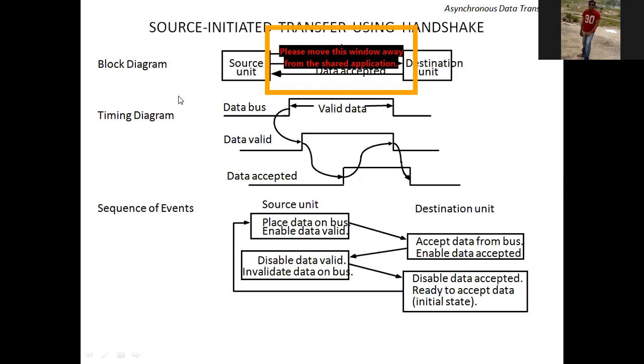So the data accepted signal will be coming back from the destination to the source, which is explained in the form of a sequence diagram. A sequence diagram is nothing but which action we are going to perform first. If you understand the diagram, then we can clearly understand the process. If you take this diagram, we have the source unit and the destination unit, so you can clearly see